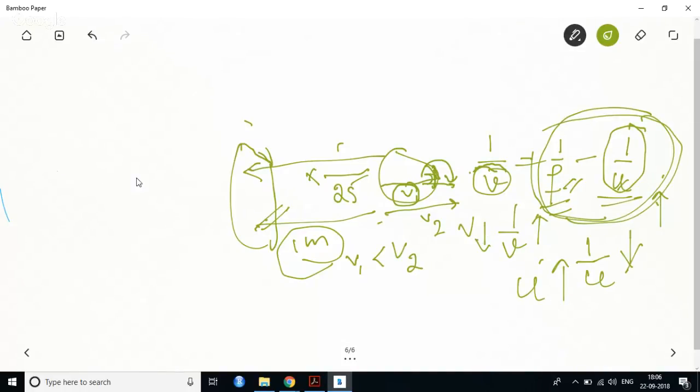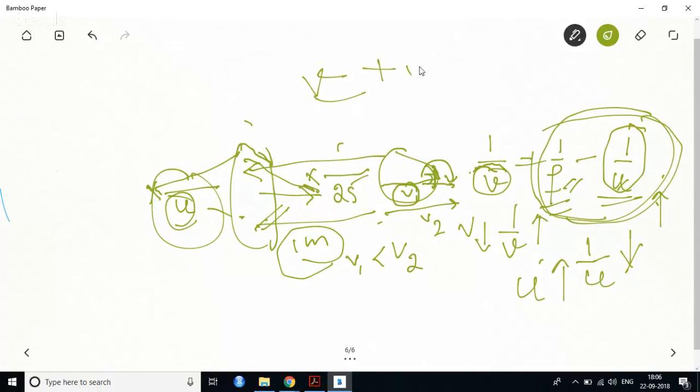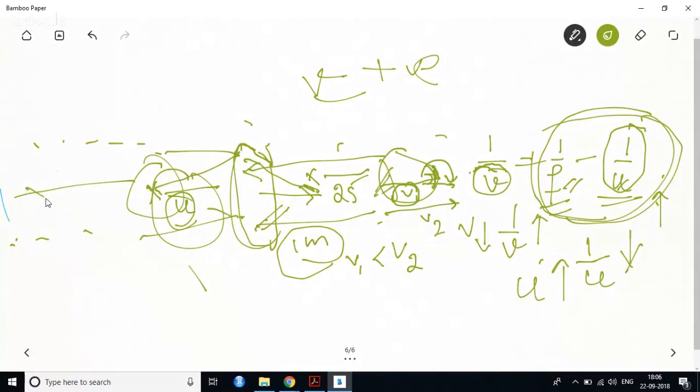Now try to understand, all of you, why V is negative. Now suppose an object has been kept here. This U is already negative here. Look where the image is getting formed. The image is not getting formed on the right hand side of the convex lens, so that you would take V as positive. The image from this convex lens is getting formed somewhere far beyond the point here, so that you can increase the value of U. So the image for the human lens is getting formed away from the actual object, on the left hand side of this convex lens.